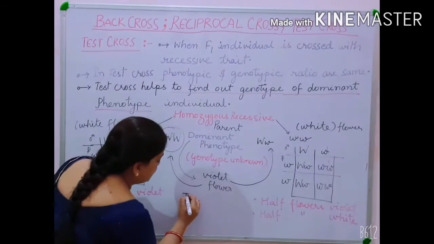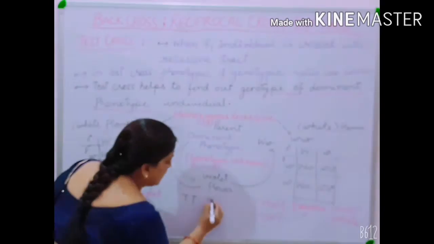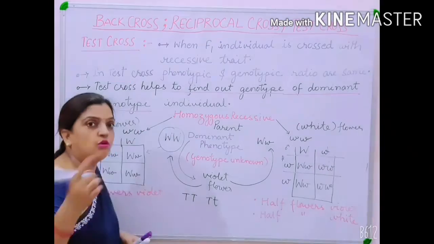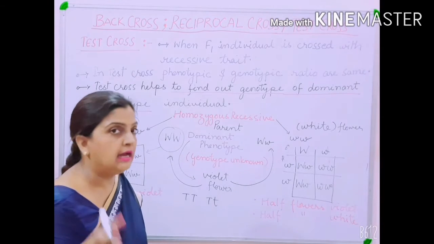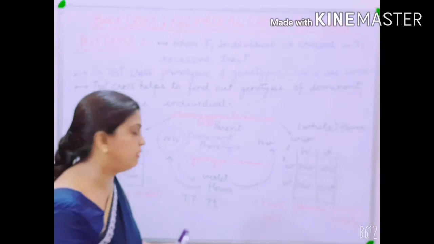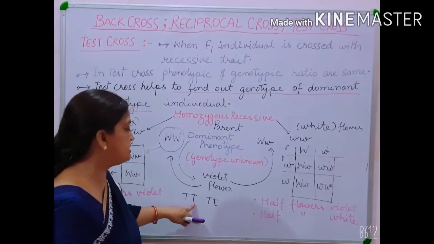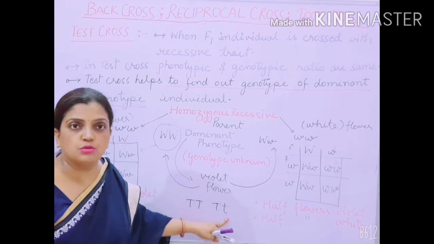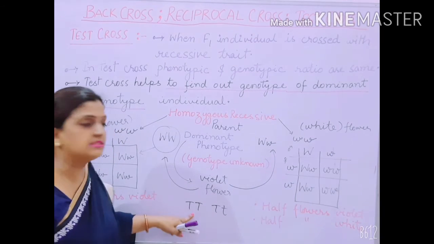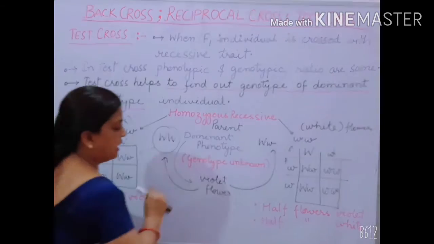You all know, in the simple example, capital T and capital T was a dominant tall, or capital T and small t was also a dominant tall. I'm not talking here about pure and impure, hybrid and pure. I'm only talking about the character. So for the height, capital T and capital T, and capital T and small t, are both tall. So for height, this is the genotype.